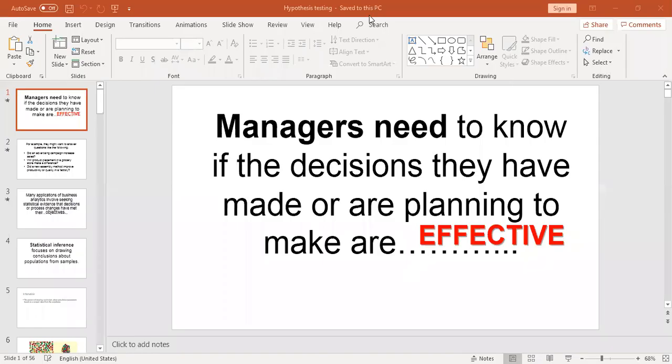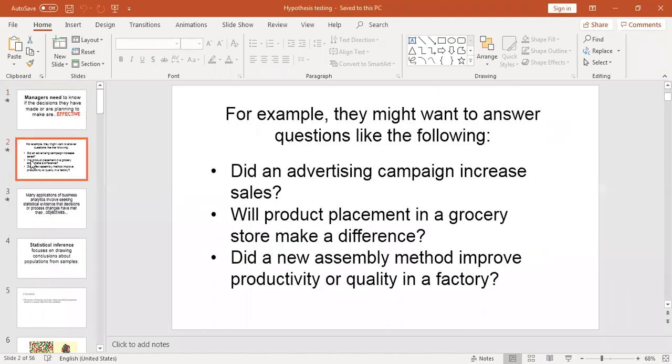Hi students, so today we are going to discuss hypothesis testing. We know that as managers, once you become business managers and leaders of businesses, you need to know if the decisions that you have made and the plans which you have planned are going to be effective. So for example, you might need to answer questions like